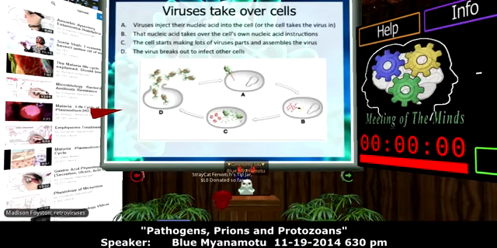Yes, Madison, you're talking about retroviruses. One thing, remember I talked about how DNA is very different from RNA. The reason why that's kind of important is that viruses that have RNA have a tendency to mutate. So